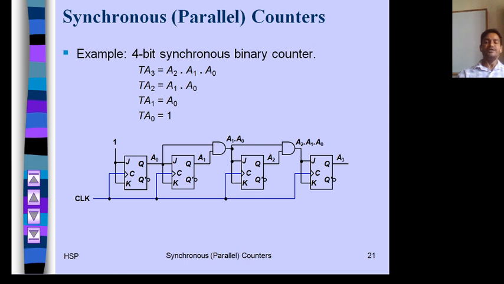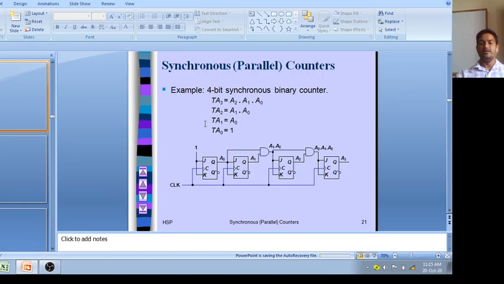Okay, it's all about today's lecture, and you have seen how to design a synchronous counter and binary counter. And you can implement any counter, any sequence counter, either it is binary or non-binary. In synchronous counter there is no issue. Okay, in next lecture we will see non-binary synchronous counter. Okay, thank you so much for watching this video and have a nice day.